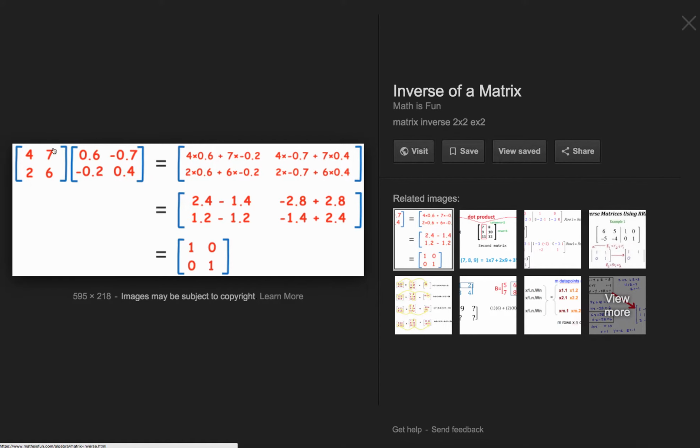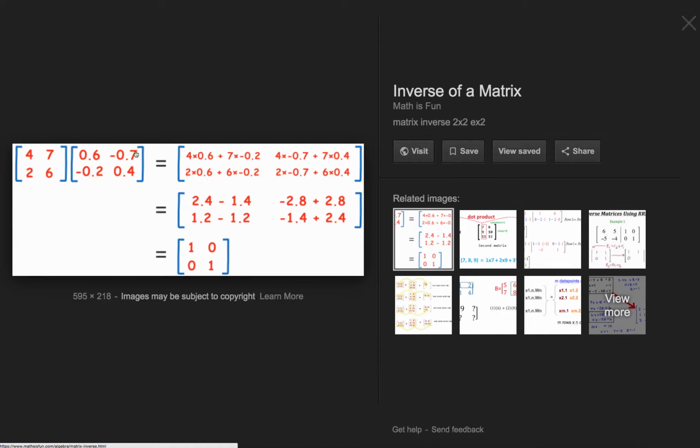If we're multiplying these two matrices, the way it works is you multiply row by column and you add up the results. So you take 4 times 0.6 plus 7 times negative 0.2, and you add the result of those two operations together. And then if we're trying to find the next element, or the row 0 column 2 element, then you take